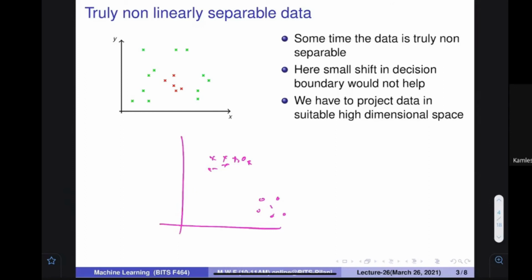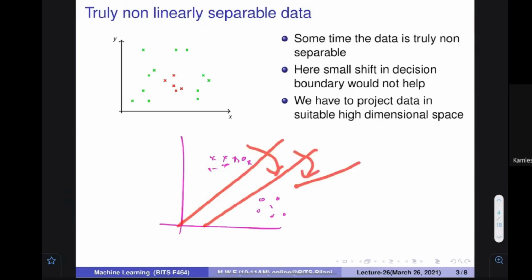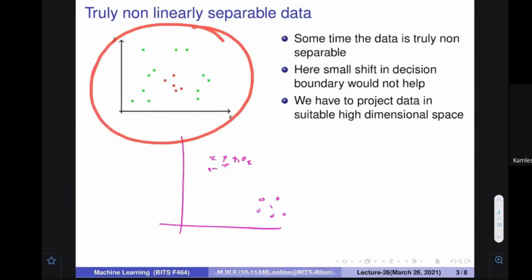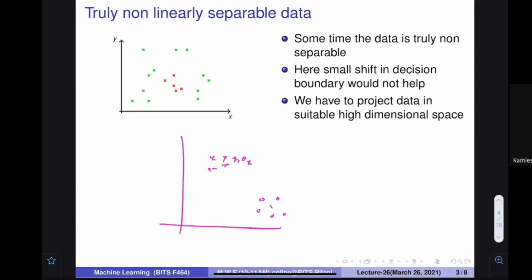So sometimes by shifting this line, we can get some kind of generalization. But in some scenarios, the data is not like that, that if you shift the decision boundary, it is going to give you any kind of help. For example, this data. In this data, you see that the negative examples are here and positive examples are here. So how can you draw the line? This line is not good. This line is also not good. No line is good. But here we cannot find those kinds of lines. Very difficult.